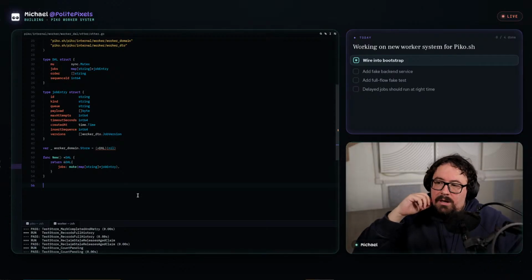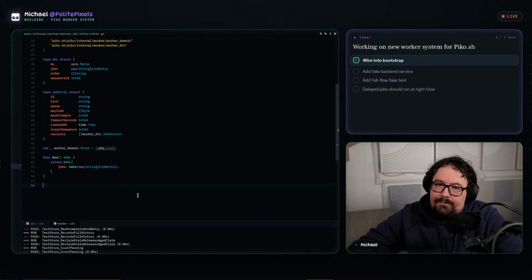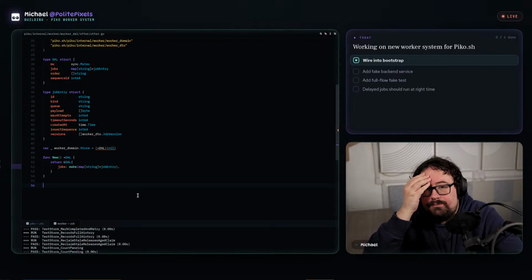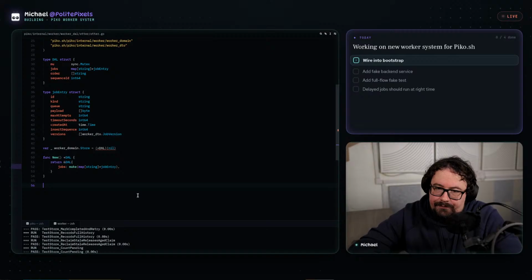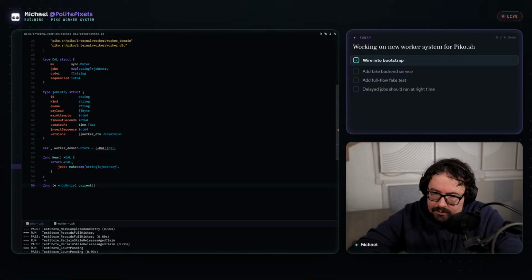Okay. And then, if we want to keep it sequential, so we can have deterministic scans, we would want a nice, easy way to get the current worker version.